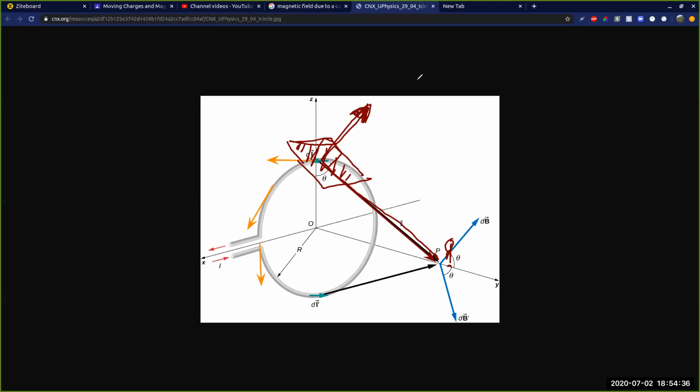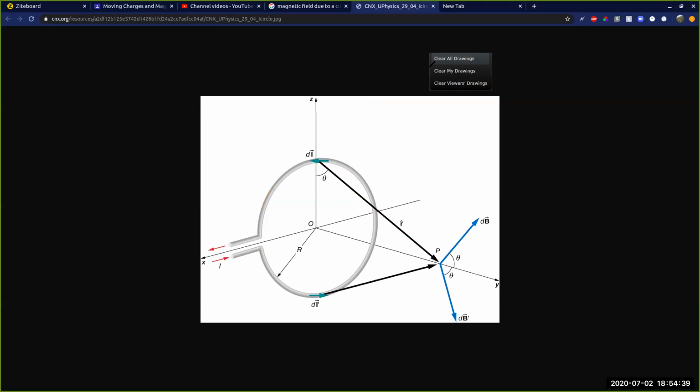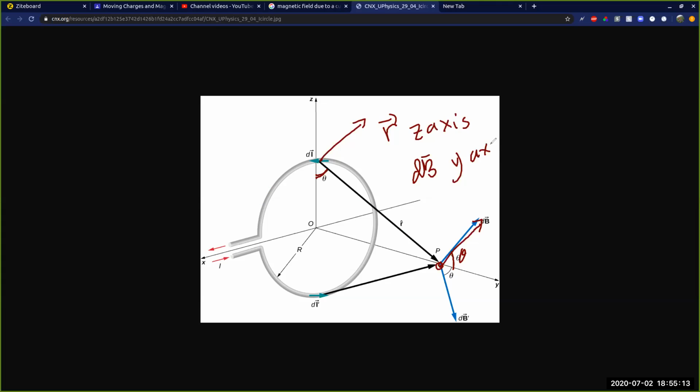Now, geometrically, if you want to write it, see, this is the point. They have made dB like this, okay? And the next final thing to understand is that if this is the angle theta, then this is the angle theta. Can you make out why? The angle theta of this R vector with the z axis, that angle is what dB is making with the y axis. In this case, the y axis. See it and tell me why it is so.